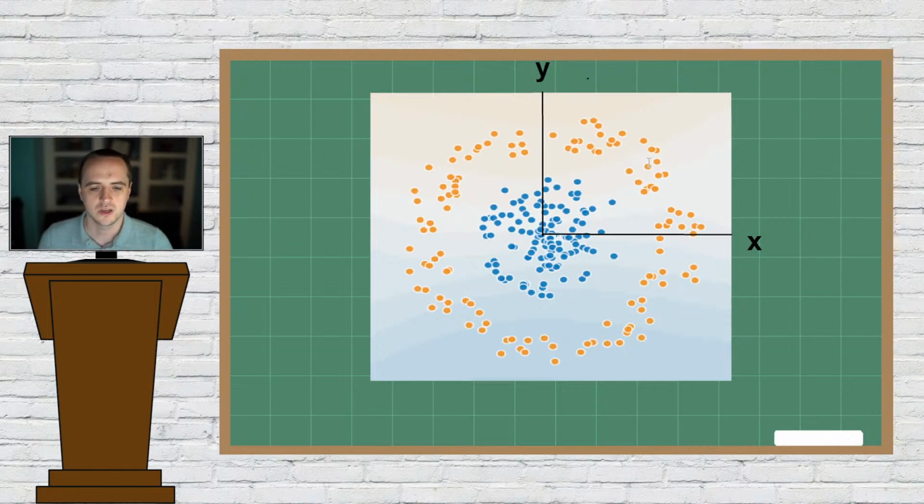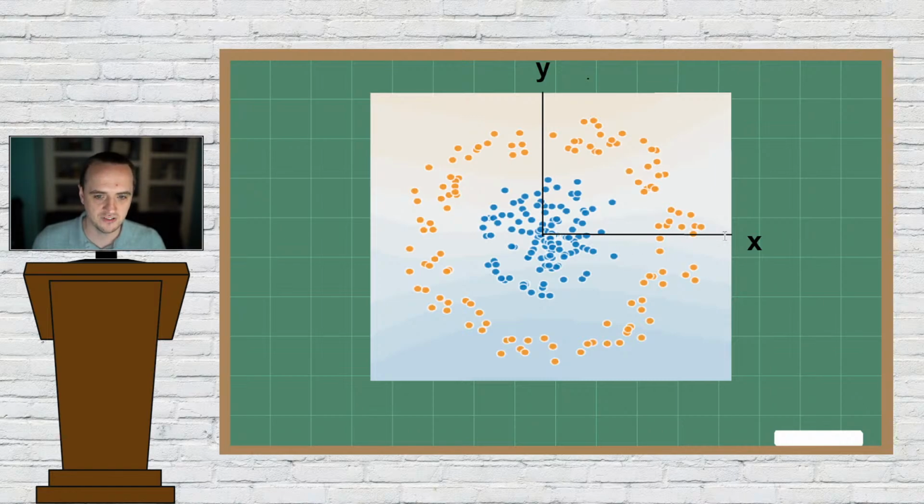So if you describe this in terms of XY coordinates, then this is actually a little bit difficult to separate, because you have to say, okay, draw a circle around these in XY, or draw these lines around it, etc. And then inside of that is blue, outside of that is orange. But instead of just constructing a huge neural net and hoping that it figures that out, could we possibly transform the data before passing it into a neural net? And the answer is yes.